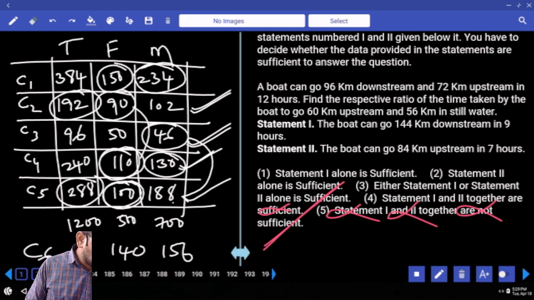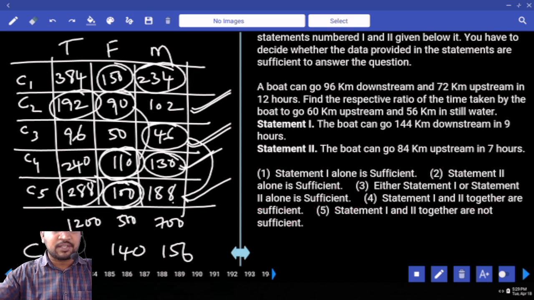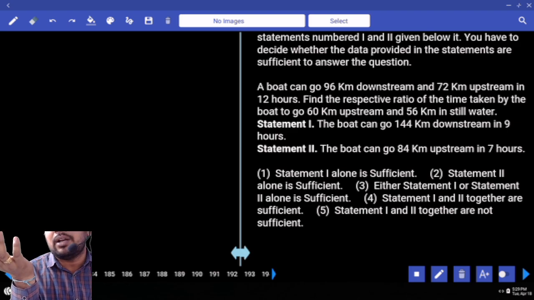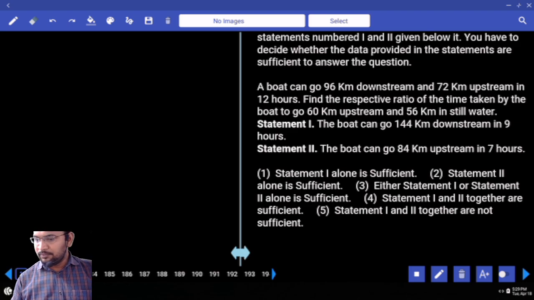Next. Data sufficiency questions are very easy. No need to solve. Here our duty is to check whether the data is sufficient or not. That is the reason data sufficiency questions are very easy to attempt in the final exam, because we don't want to solve the answer. Our duty is to check whether the data is sufficient to answer the question or not. Verification is our duty, not solving. So see the first question.